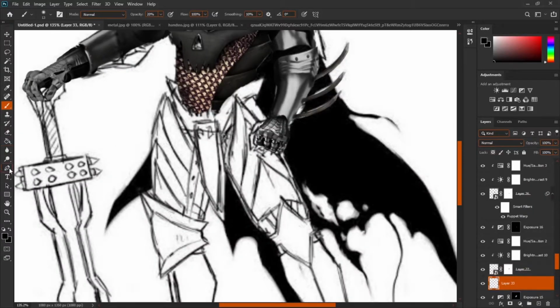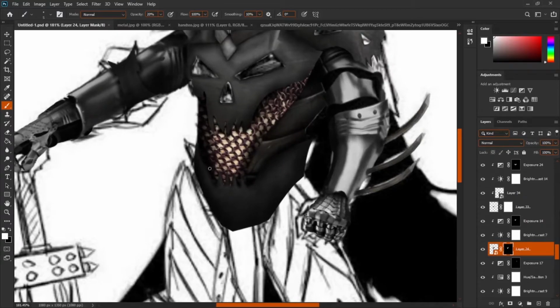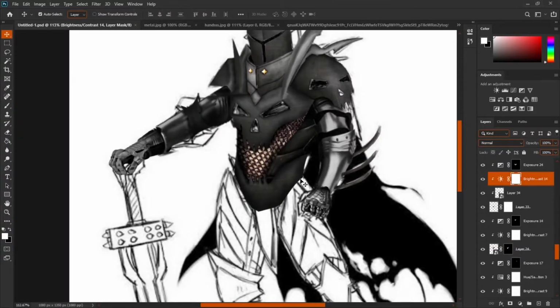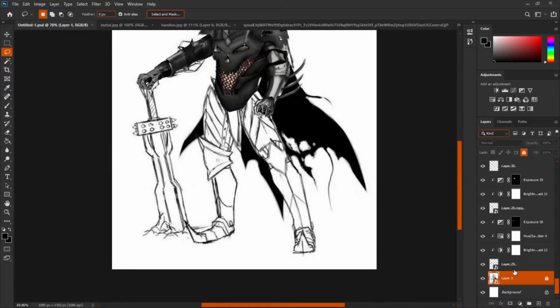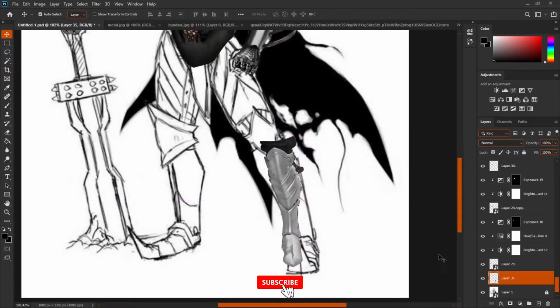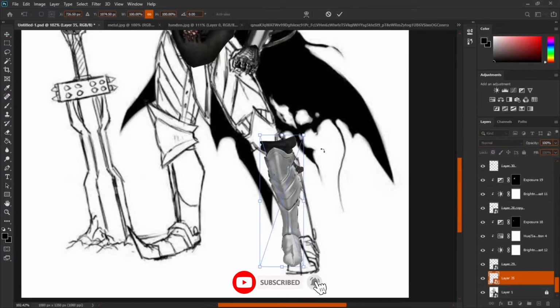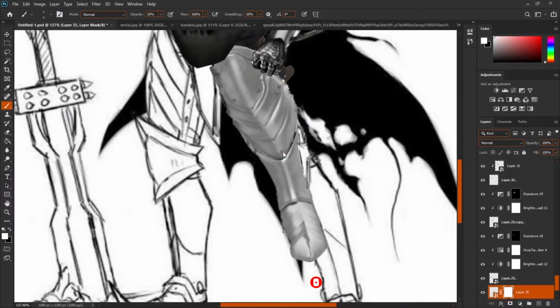Okay, let me trace this first. Actually I removed this shape because that doesn't suit well, that's why I removed it. Okay, so now I'm going to add legs. For that I'm having this one. This one. Okay, let me bring this below. For that I'm having this one for this leg. Okay, let me convert to smart object and let me increase the size a little bit, and I'm going to remove this part,